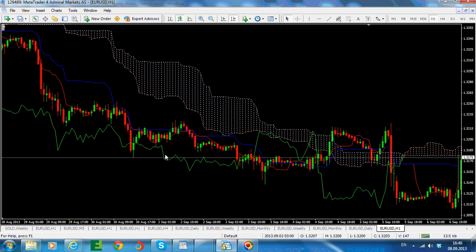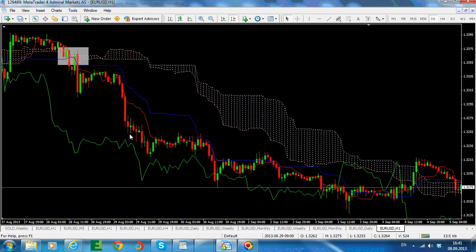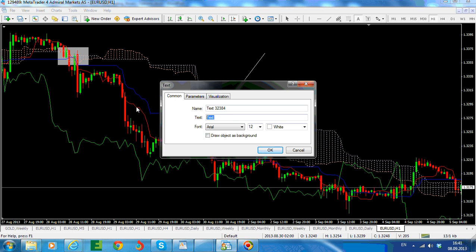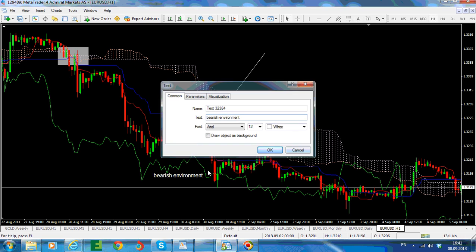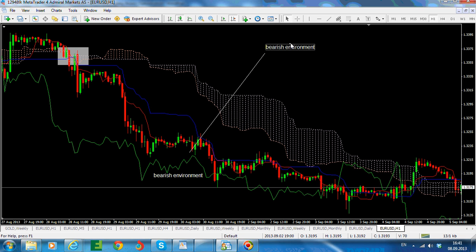Well, the normal interpretation of this green line is that anything that is above the green line in a downward trend means resistance. Take a look here. So the Chikou comes here, hits the candle, so the candle here is the first line of resistance. Until price comes from the bearish environment here, let's write that this is a bearish environment, onto the bullish environment here,